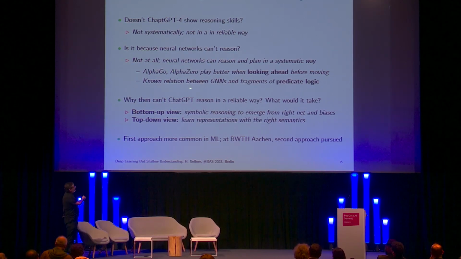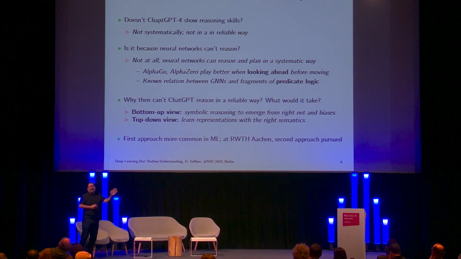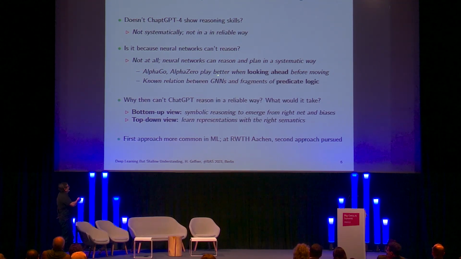However, there is a very interesting relation between a certain type of neural networks called graph neural networks and what is called predicate logic, a very expressive logic. Basically, GNNs can do everything that you can do in the fragment of this logic when you have two variables only. I know this is a technical thing, but it's saying that you can do very well-defined reasoning that is not trivial at all.